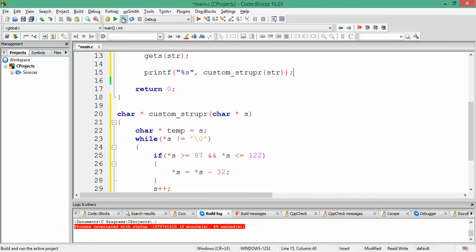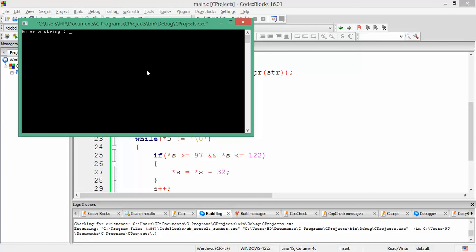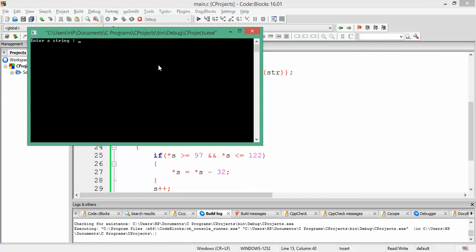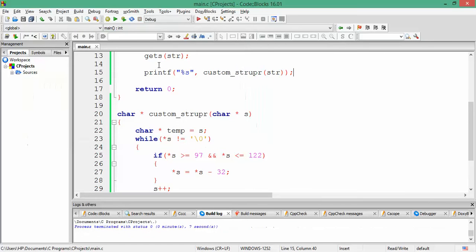Now let us build it and run it. So it's working fine. Let us try with one more string. So it has worked perfectly.